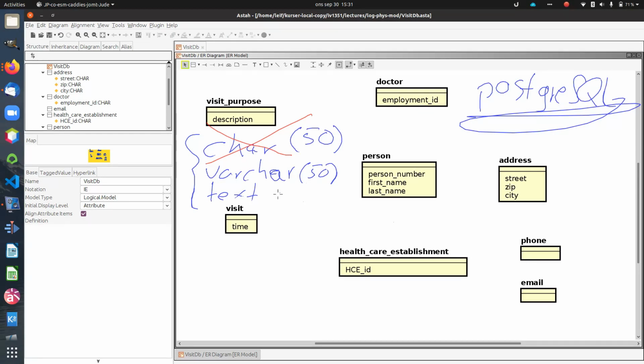On the other hand, if we specify a limit that is too low in varchar, it can be quite hard to change that limit in a running database. Okay, so most things point towards text, one could say, even though there are